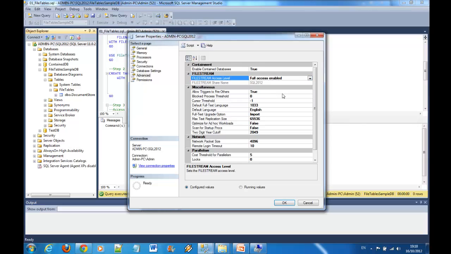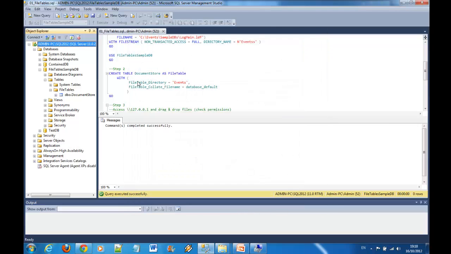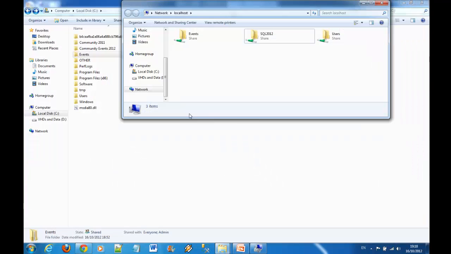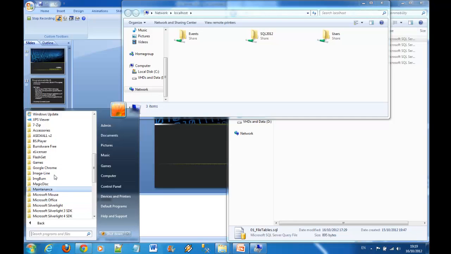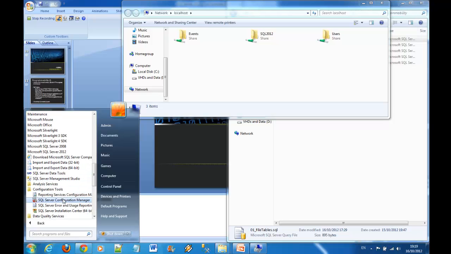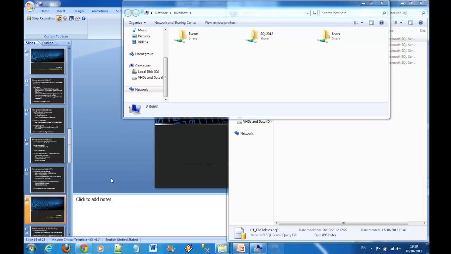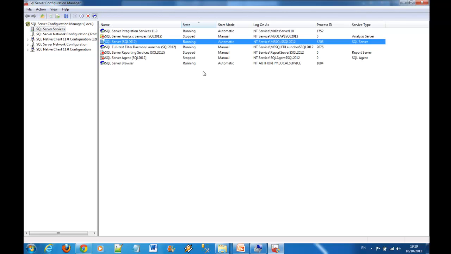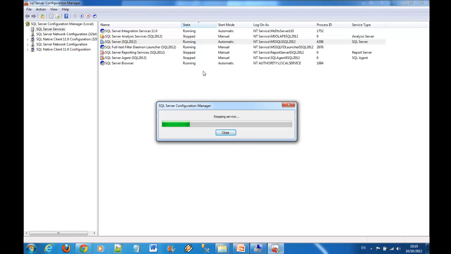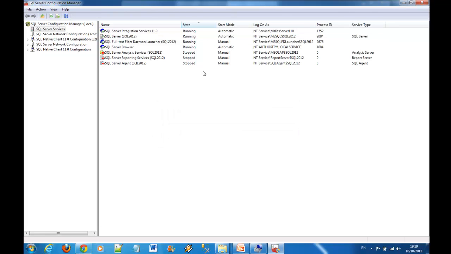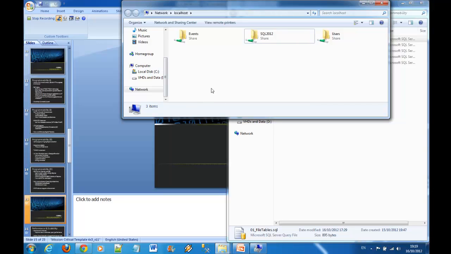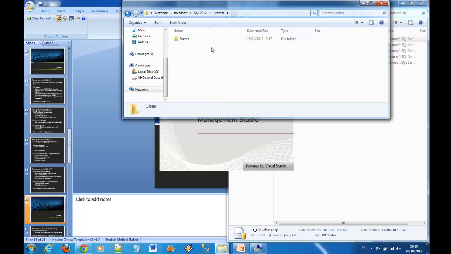Okay, let's enable this. We need to restart the SQL Server instance. No problem. Can do that from the configuration manager. So yep, always use the configuration manager for handling services. So now I'm just restarting the instance. And let's try now to access the share on the file system level. You see, our share is accessible,